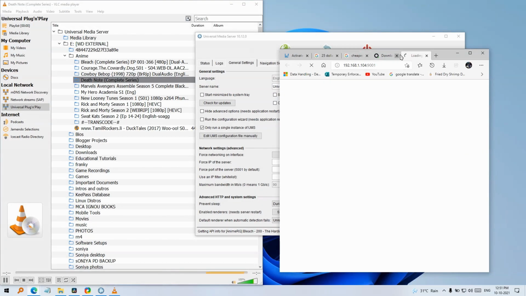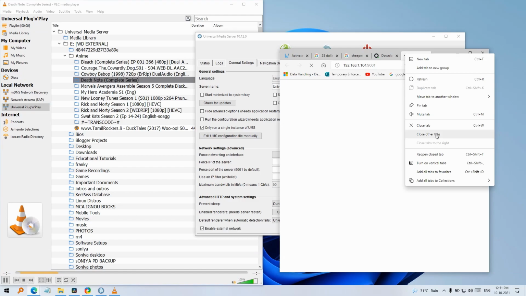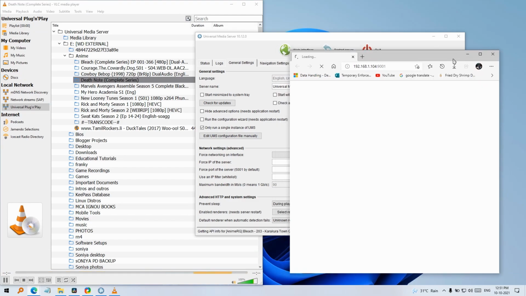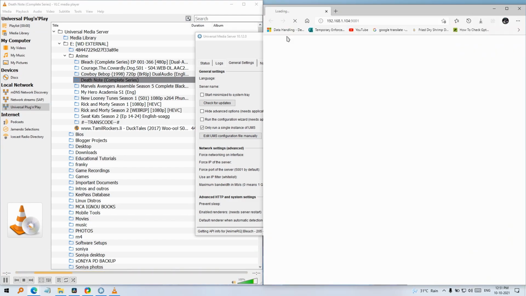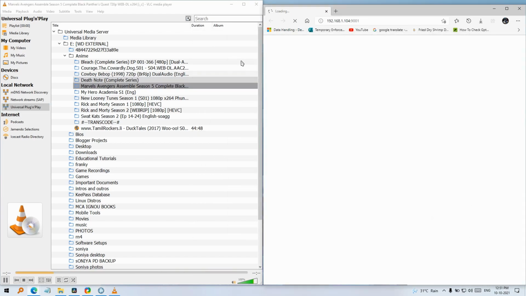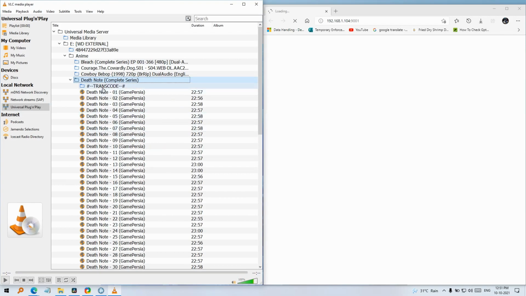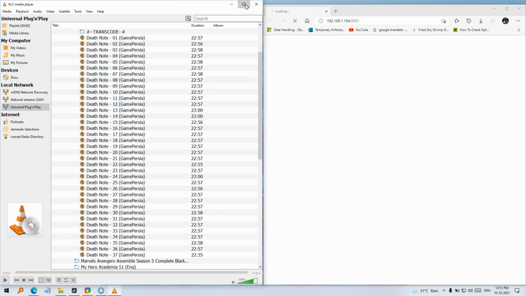You can just click on web interface, it will load up this site. Now it's loaded Death Note.